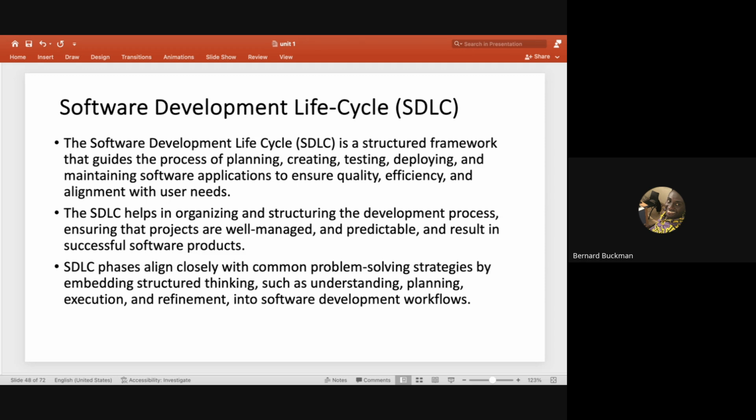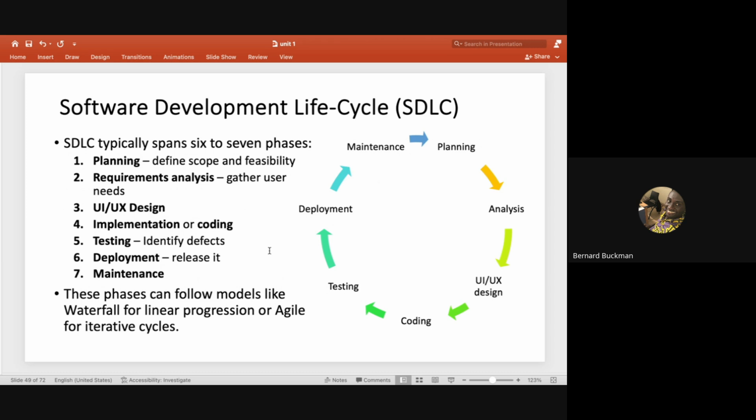Now, in your book, you see 6 steps. I'll explain what each of those steps does. The first stage of the development lifecycle, sometimes you can add that to the requirements analysis, and then we can call those two things analysis. What it does is that we have to understand the problem. Before we can solve any problem, we have to see whether it is feasible to build the software or not. Then we have to gather the information we need to build the software. That's what we call the analysis or requirements analysis phase.